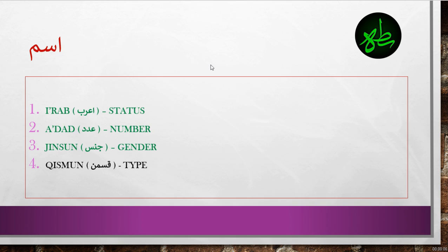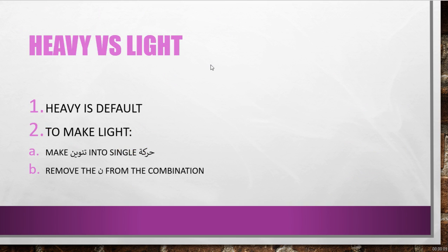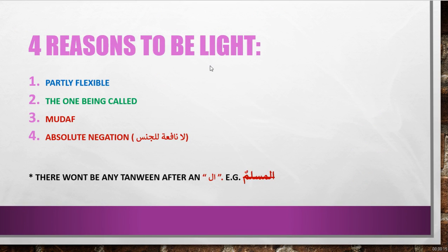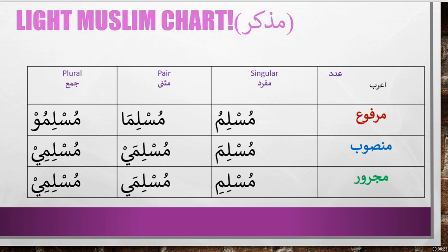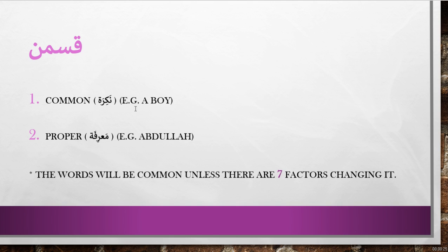This is lesson 3. We were doing flexibility and we were supposed to continue onwards, and we did heavy versus light. We spoke about 4 reasons to be light. However, we will return to this topic later on. We saw the light version of Muslim and Muslimah shirts, and we had a little introduction to Qismun, which means type,